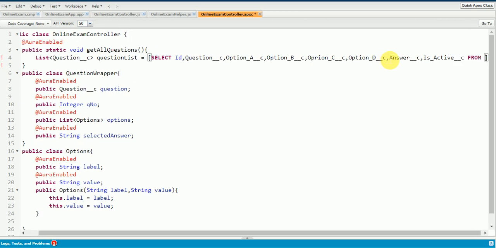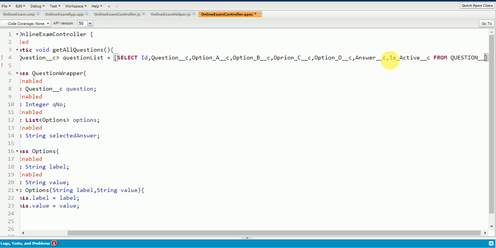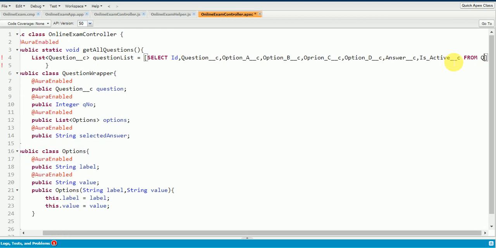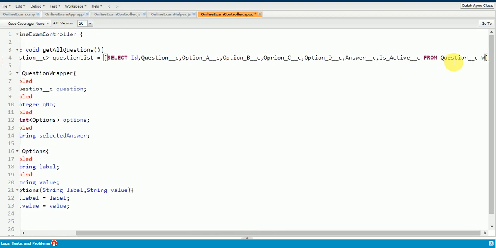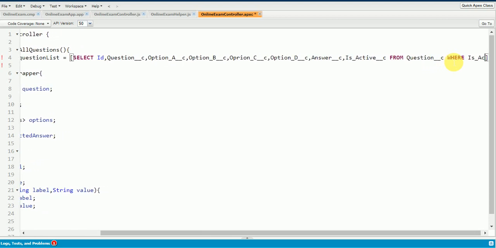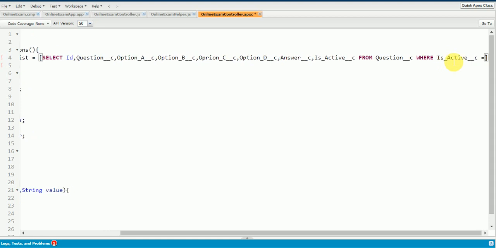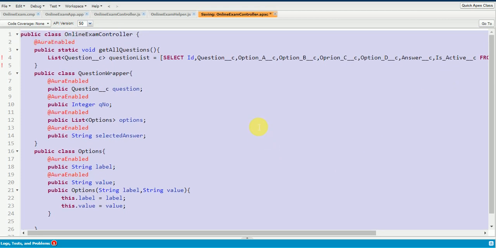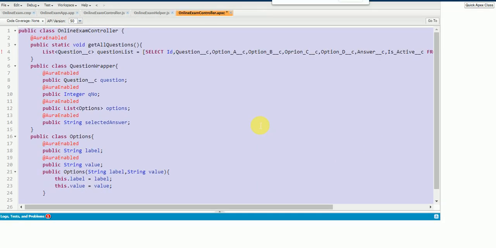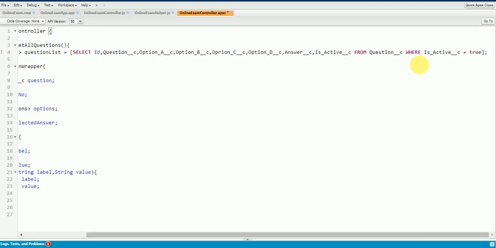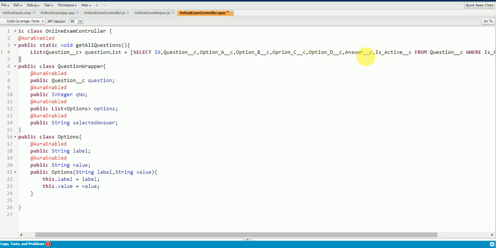These are the API names of the fields. We are getting it from the question object, so that's the reason the sObject is question. And I'm going to add a where clause which says IsActive is equal to true. So you can see here we are getting the list of questions which are active, with all the fields like question name, option A, option B, option C, option D, with the answer.